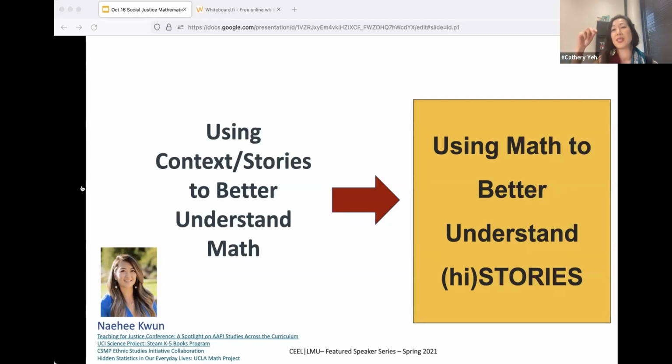So as teachers, we keep trying to find context that's relevant to the math. What we're going to practice now is I'm going to give you, and we're going to talk about a history. I want you to name the math. Okay, so it's the opposite. So I'm going to have you practice that, and that's what we've been doing in my classrooms with students and teachers. I want you to name the math that's apparent as we're learning our history, as we're investigating our world. It's already math rich.